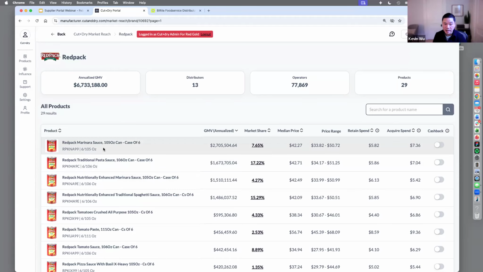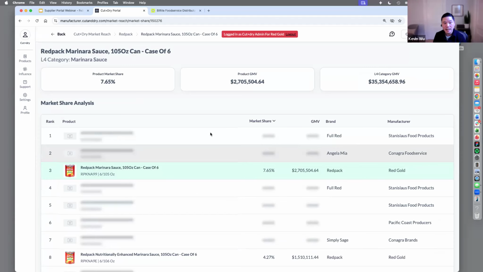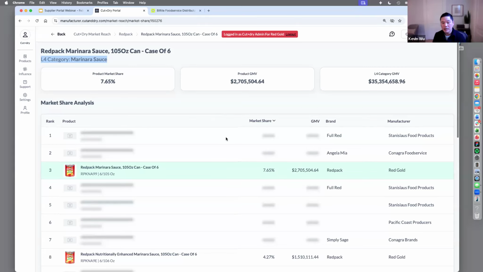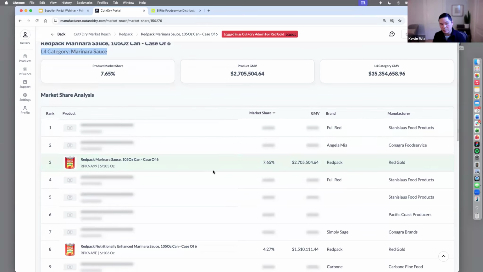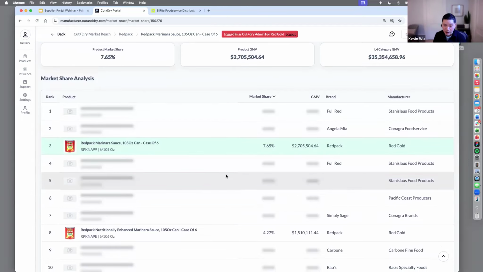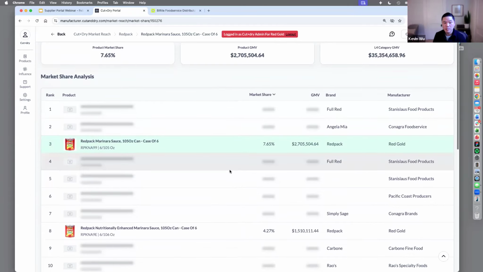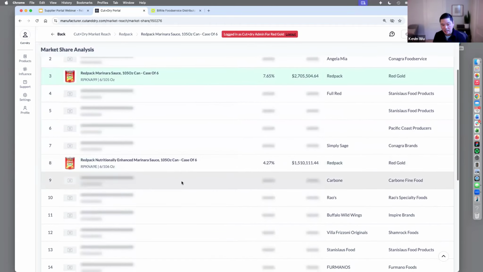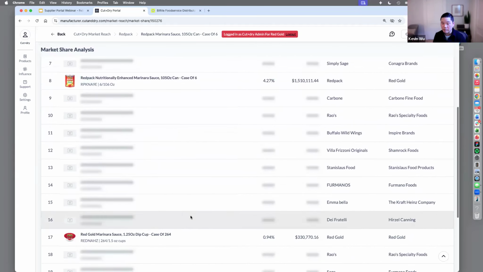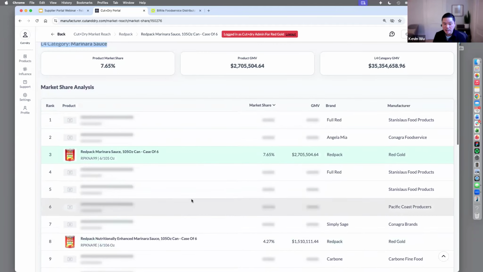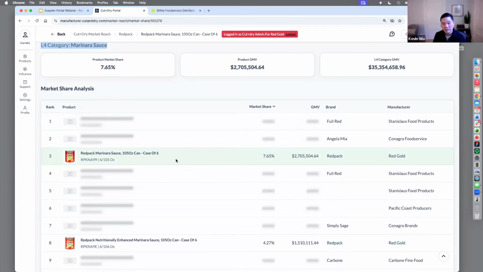So for this particular marinara sauce, I can click in and actually see that for this particular product I've got almost 8% market share across all of the marinara sauce items that Cut+Dry knows about. You can see we blurred out the identifying product information for products that you don't own. But you can get a sense for even other products that you're selling in the same category and where they rank. The reason we're surfacing this information is we're giving you that baseline for where you stand now,